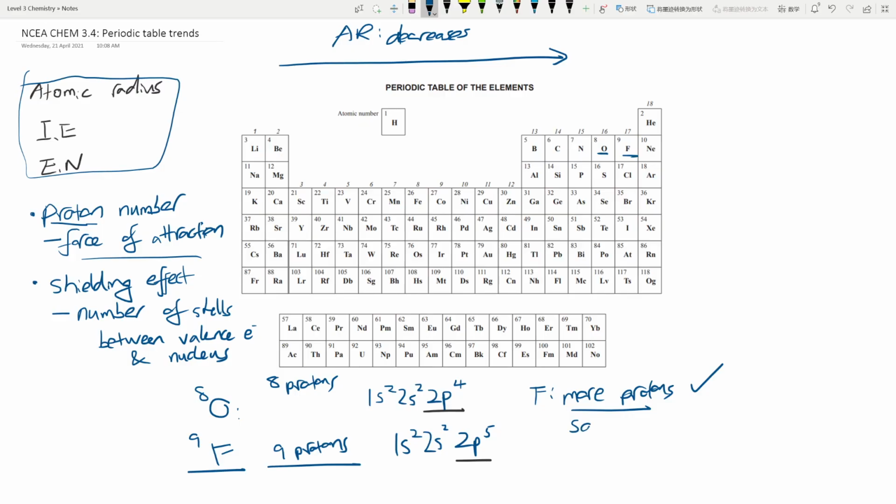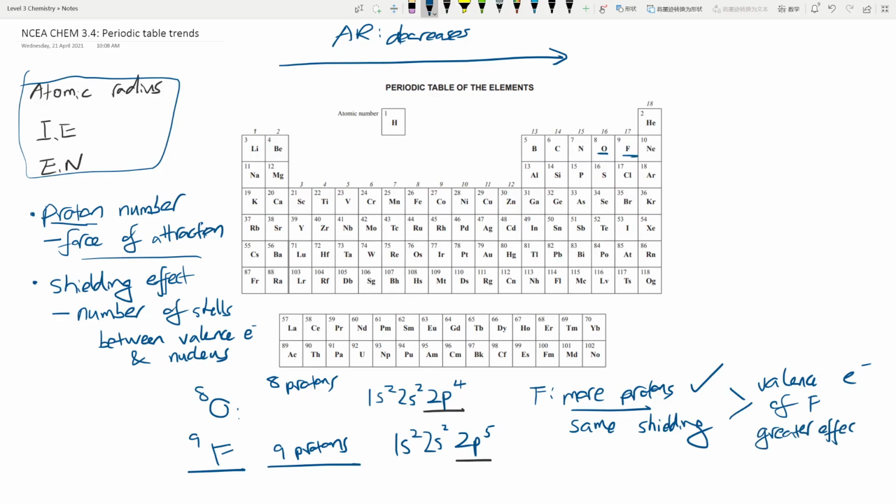And then the valence electrons have the same amount of shielding from the inner shells because the valence electrons are in the same sublevel. So what does that mean? Combining these two effects together,